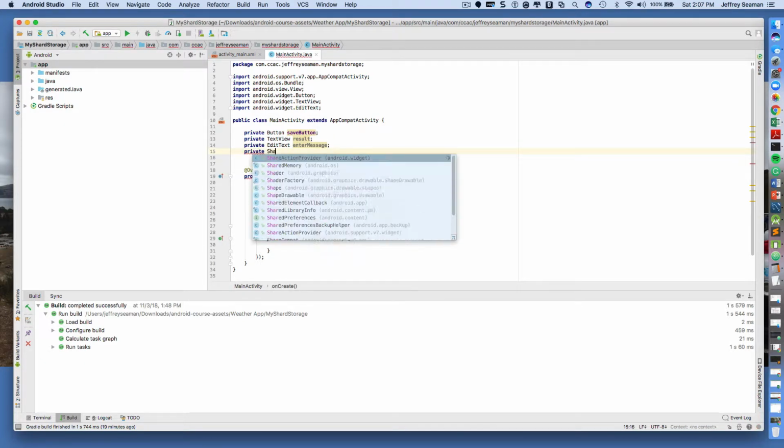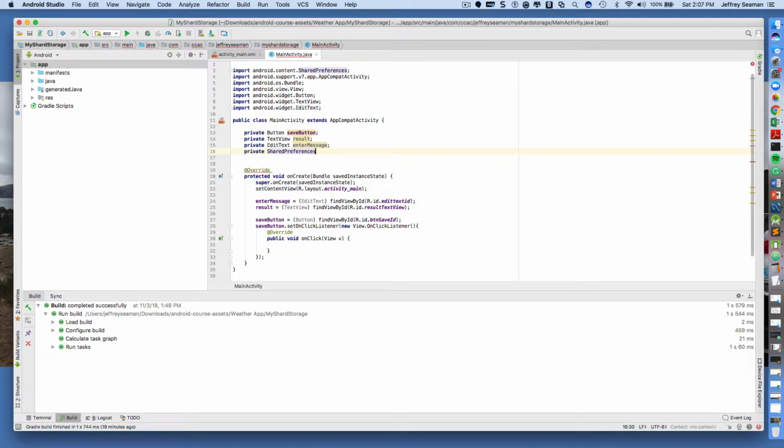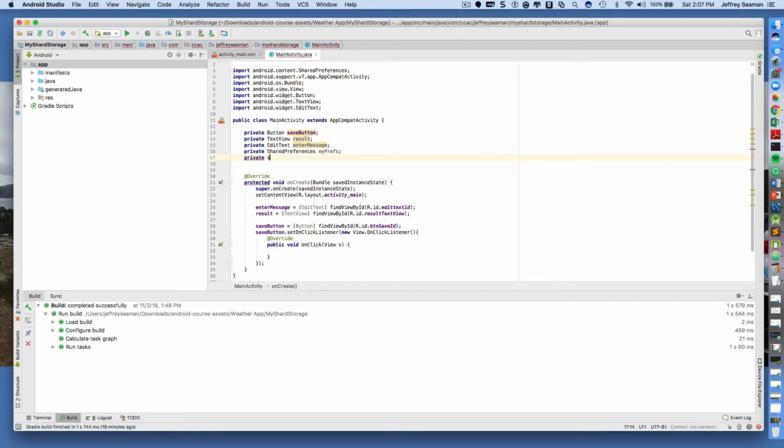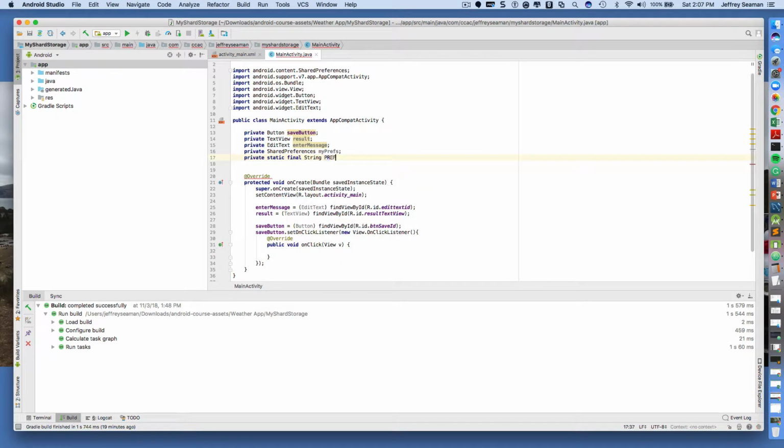So we'll do private SharedPreferences, and it's called android.content. I'll call it myPref. Yeah, myPref is fine. And then I'll do private static final String, and I'll call it PREFS_NAME equals MyPrefsFile, and close it. You can call it anything. You don't have to call it that. It doesn't matter what you call it, as long as you use the shared preferences,